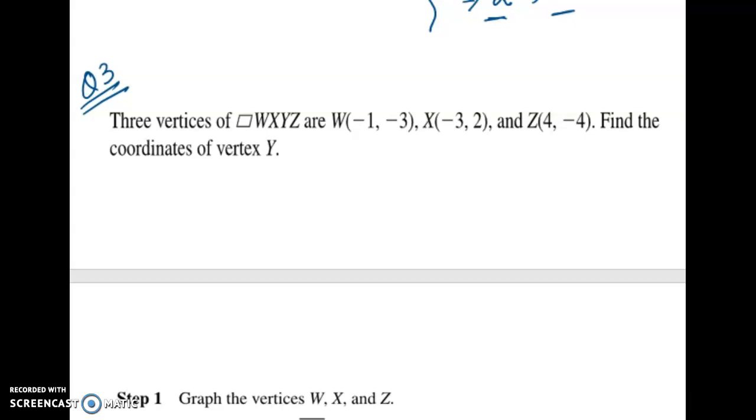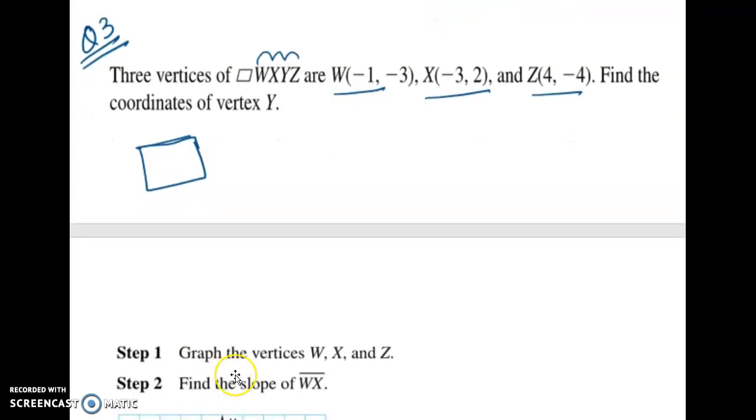So in question number 3, they have just given you 3 coordinates. I don't know the fourth one, but I know that W, X, Y, and Z should look like a quadrilateral, right? But I don't know where it will fall. What are the coordinates? How will it be placed on the coordinate plane? To understand it better, we will follow a few steps. These steps are: